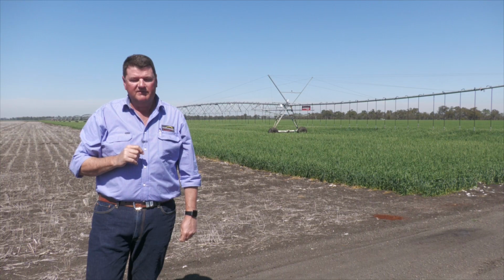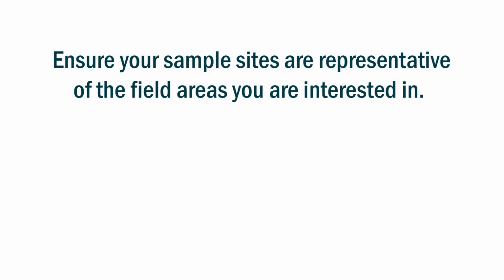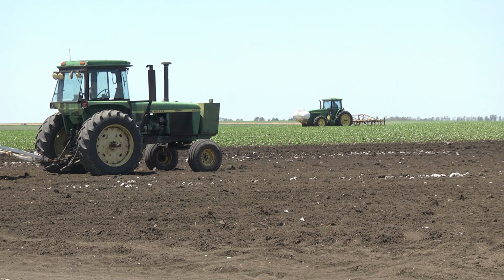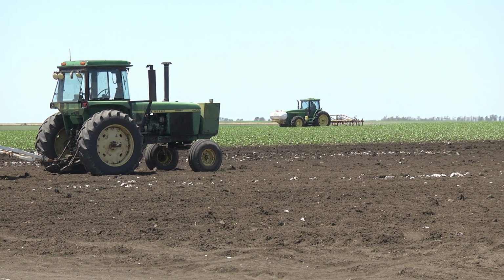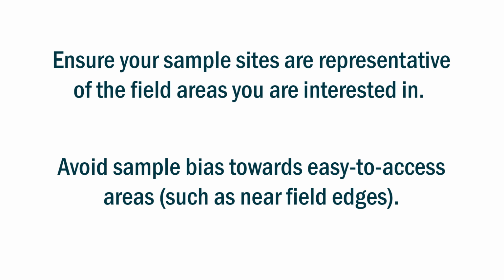So a couple of different approaches there that we might take depending on the intent of what we're trying to find. So when we're physically taking those samples, the position not only in the field but also across the bed or the hill is also important. So we need to mix those positions up relative to the previous fertiliser bands that have been applied or relative to the system that that field is currently in, and if it's been cultivated, well mixed, etc.